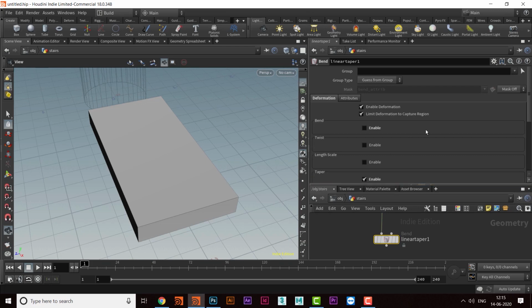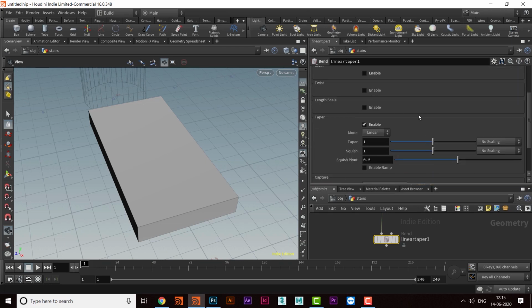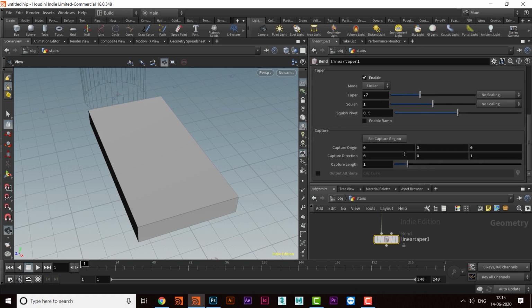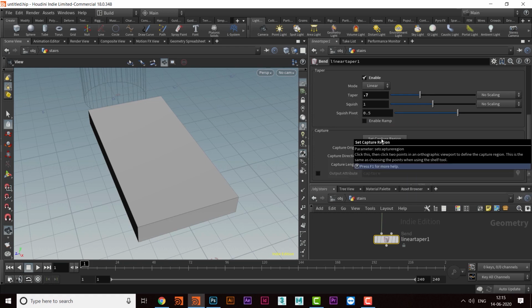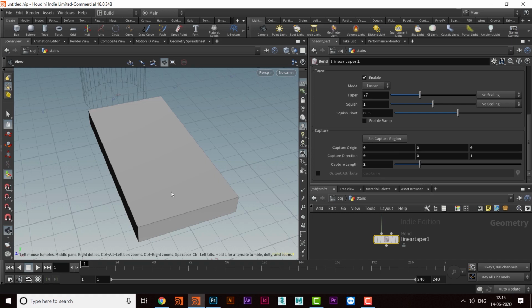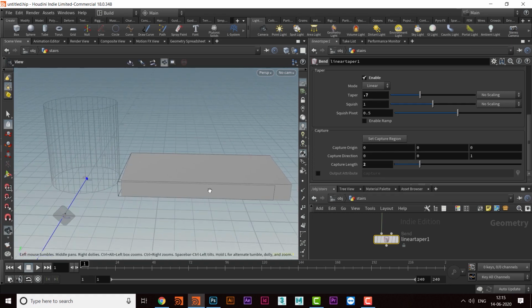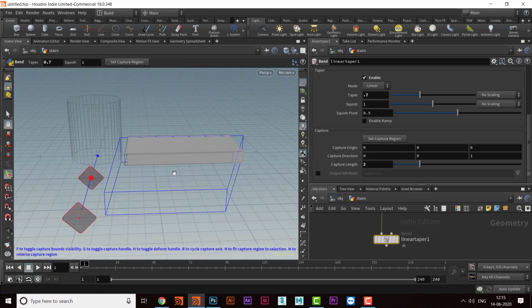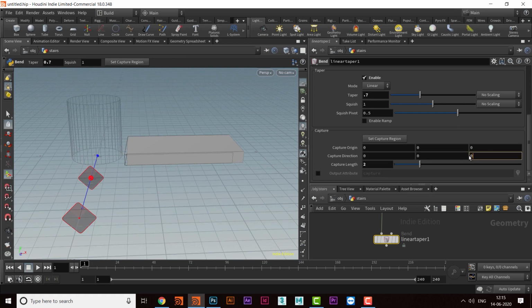Okay, so I will take the taper and I'll take some values here. Let's take this 2.7 and the origin value will be 2. Okay, so we'll have to change the axis from this to y, capture direction towards x.